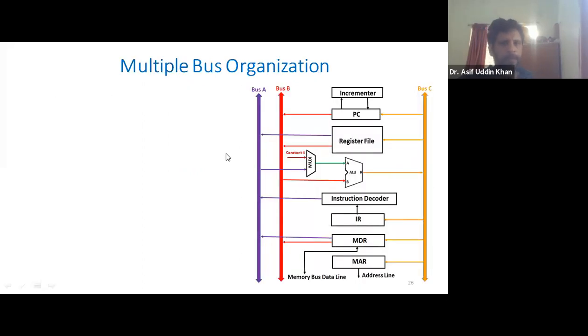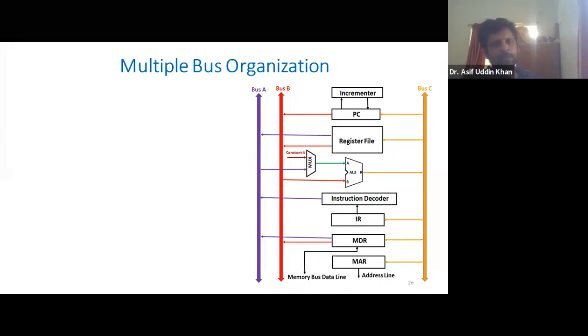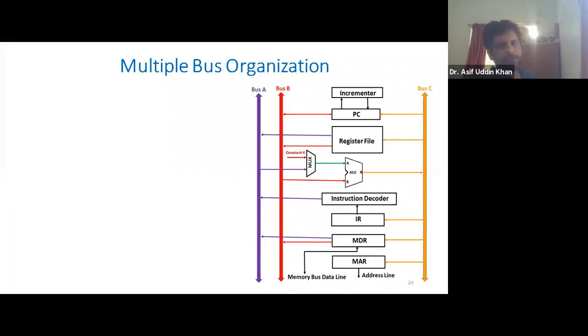Okay. So in single bus processor architecture, the problem is there is only one bus. At a time only one data can go through the bus. Multiple data cannot be transferred because only one single bus is there. If you want to transfer data from any register to any other register or whatever you want to do, the data will go through the common bus. But there is only one bus, so at one point of time only one data will go.